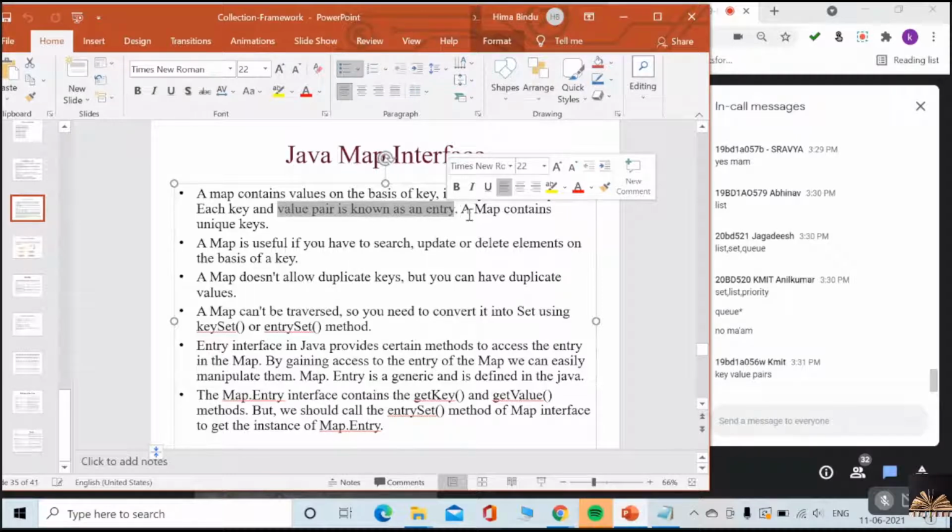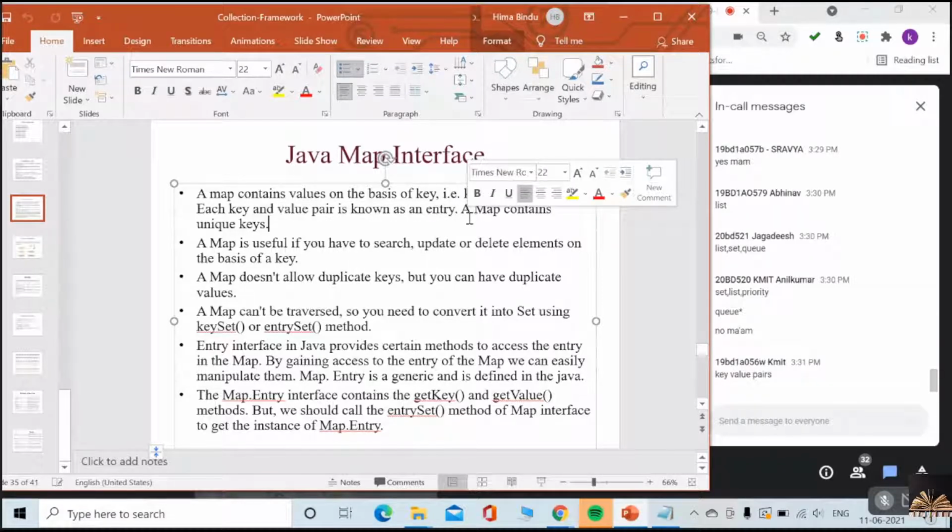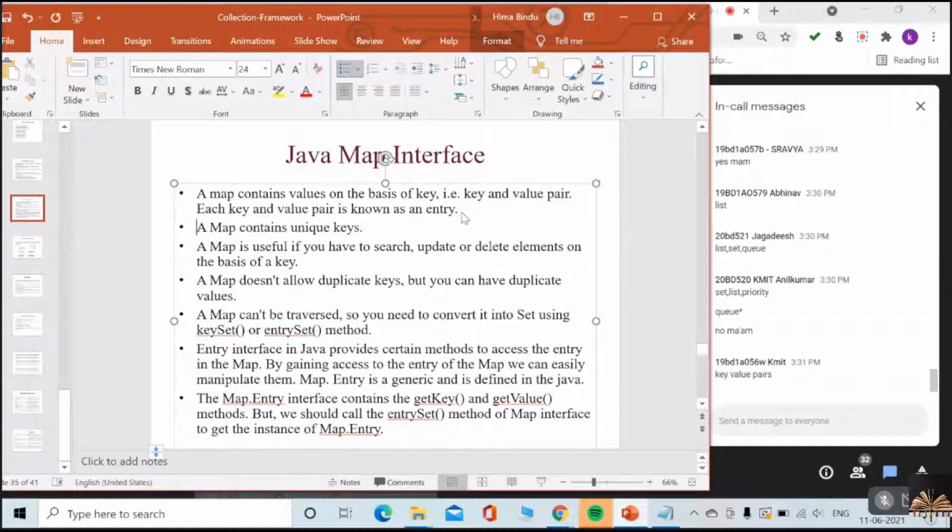The map contains unique keys. Always remember that map always contains unique keys. The keys should be unique; there should not be any duplicate keys. What is going to happen when we insert a duplicate key, I'll tell you.